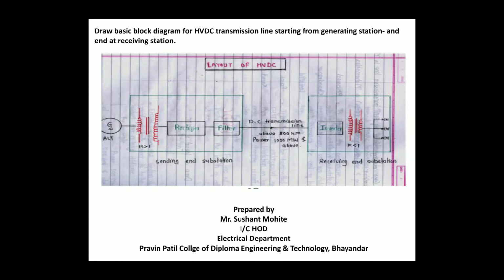In the previous video, we started unit number 3 of the subject Electrical Power Transmission and Distribution. The title of unit number 3 is Extra High Voltage Transmission. In the previous video, we learned what EHV AC transmission is, its advantages and its disadvantages. Then we discussed the components used in a substation.